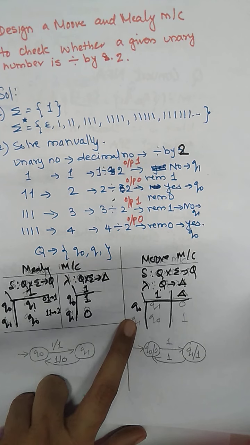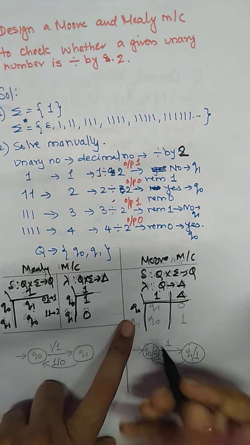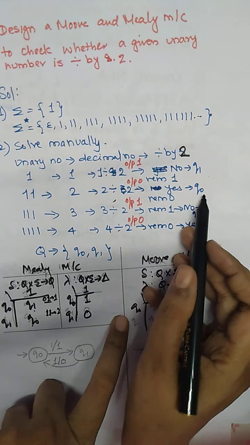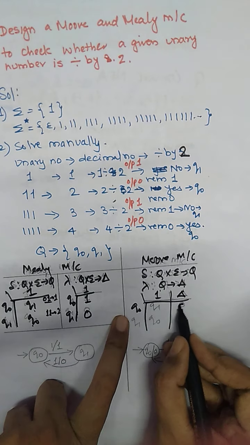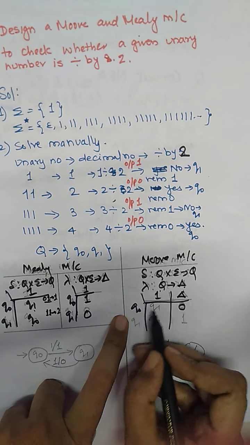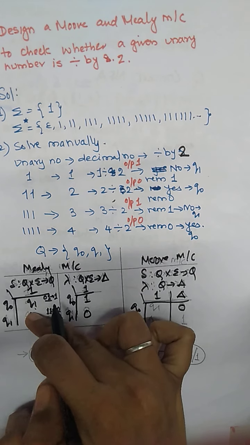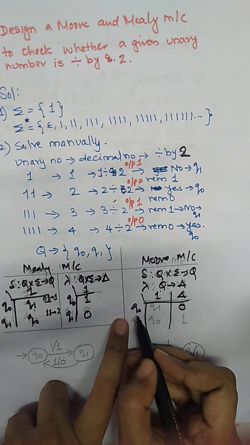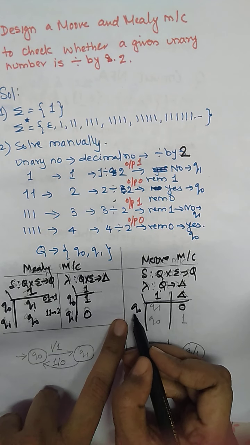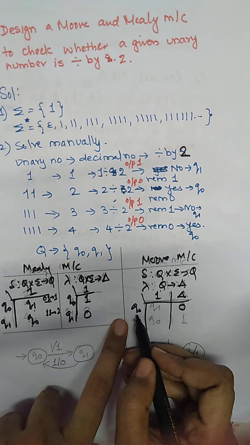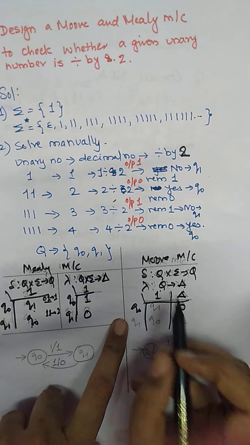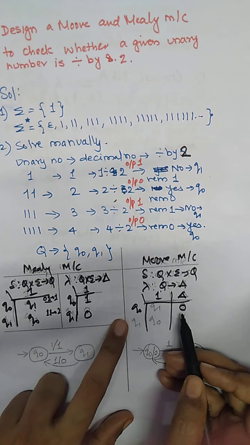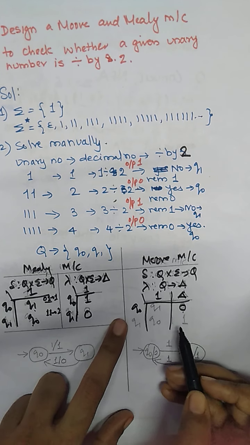So before writing the table, first of all we have to determine the output associated with this state. What is the output of this state? The output generated by Q0 is 0. So we have to write here. Again I am repeating, before copying the table of Mealy machine as a table of the Moore machine, first of all we have to determine which state we are writing. This state Q0 we are writing. So what is the output of Q0? Output of Q0 is 0. So here in the column of output symbol we have to write that output.